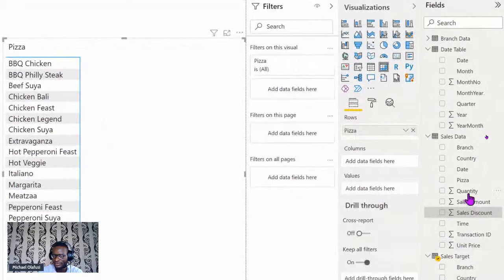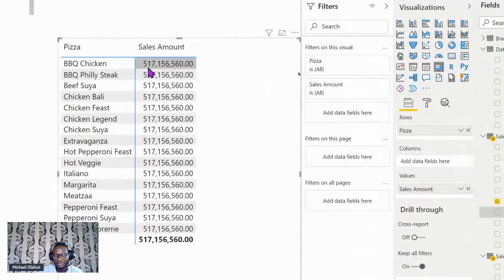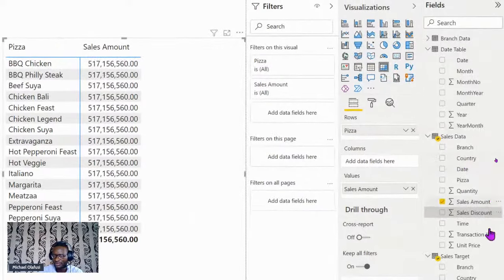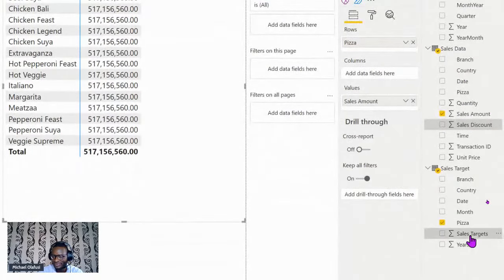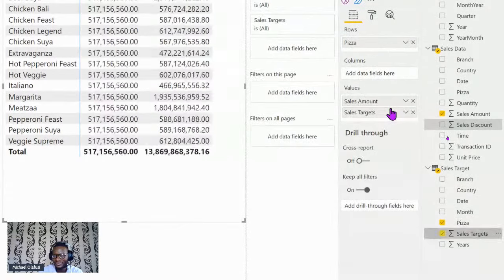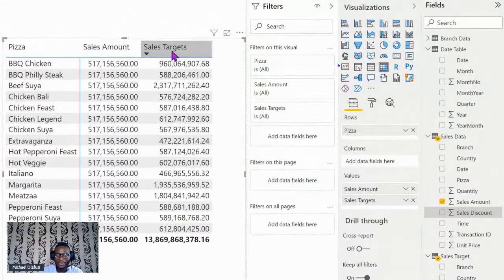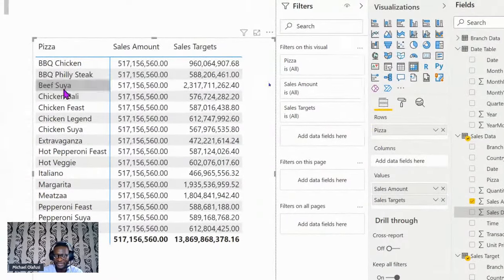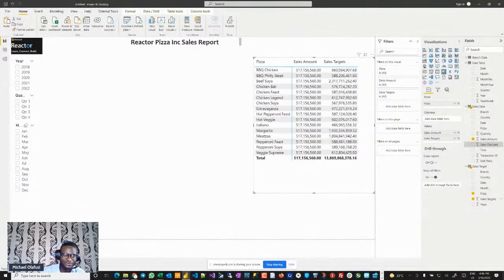So now that I have sales amount, I'm going to say I want that to show. So I want to see the sales. Now you see there's a problem, right? And I also want to see the sales target. So there's a problem. Sales target seems to be computing correctly. My sales is just repeating the figures all across. And anyone wants to guess why?